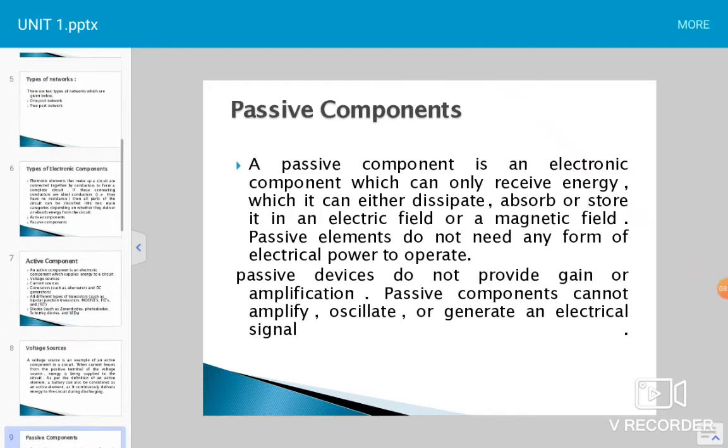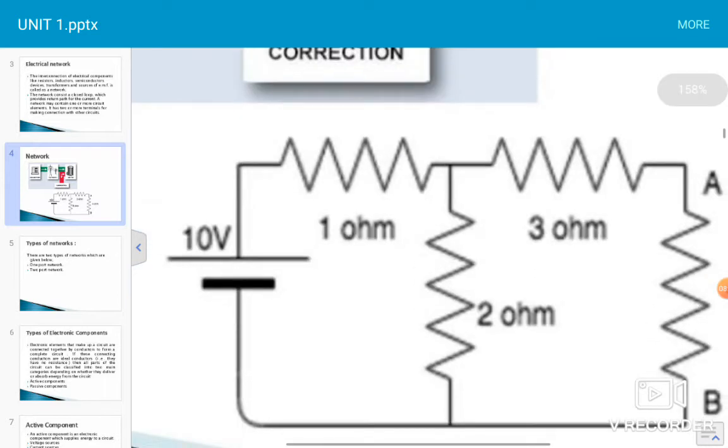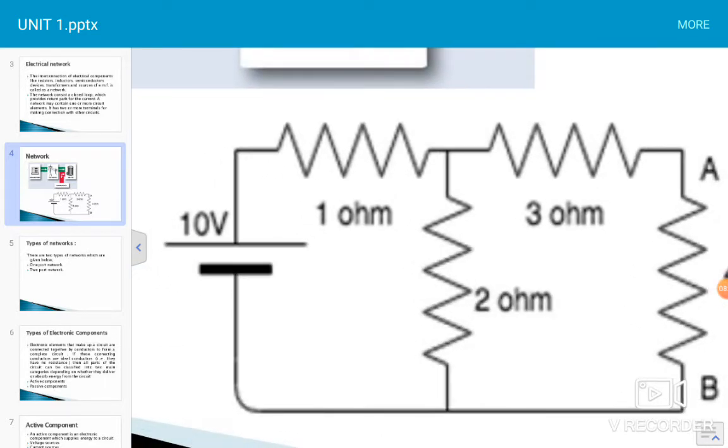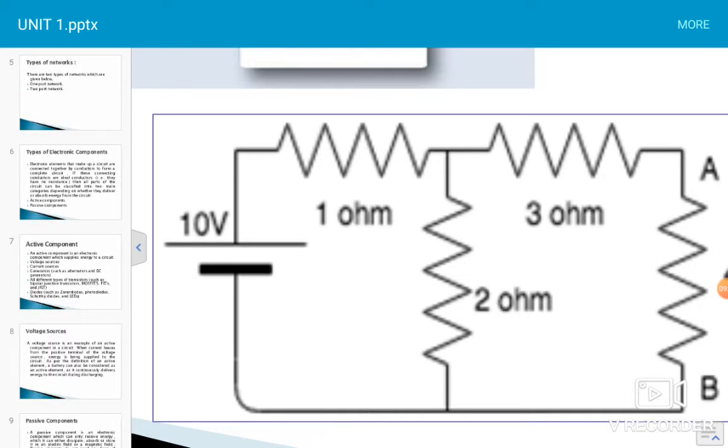Again go to this circuit to understand why this is called this. Go through the circuit. This is the example of the passive component. 10 volt is the active component, and in series with it is a connected 1 ohm resistor which absorbs energy. वो energy खा जा रहा है, अपने अंदर एनर्जी को एब्जॉर्ब कर रहा है. That means this is the example of a passive component. This is the best example of the passive component.